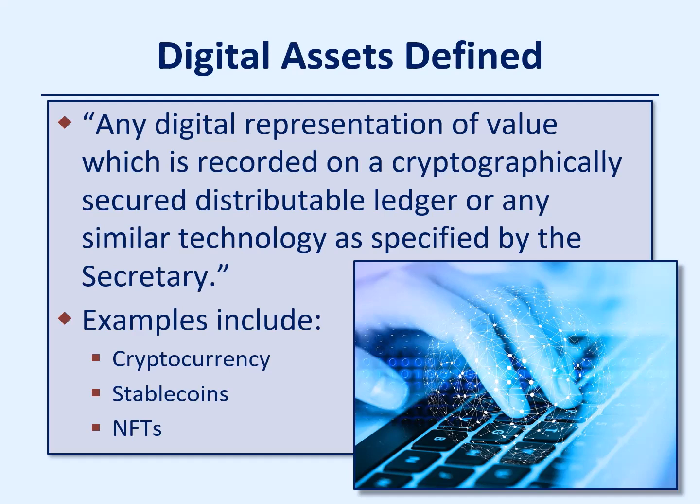One of the examples they provided of a digital asset is cryptocurrency, which is a virtual currency that can be used for payment, such as Bitcoin. Stablecoins, which is a type of cryptocurrency that is tied to another currency, commodity, or financial instrument. And another one being NFTs. That stands for non-fungible tokens, which are unique digital identifiers that are recorded in a blockchain. Think of the extreme examples of digital pictures or tweets selling for these high value dollar amounts. Those are examples of NFTs.